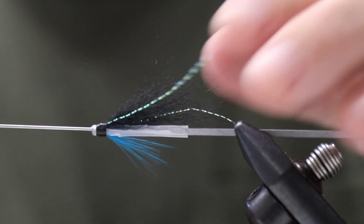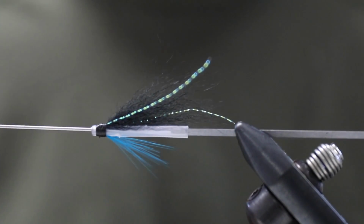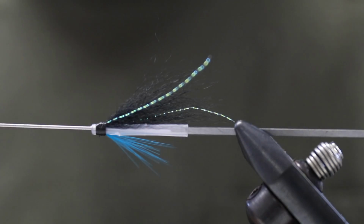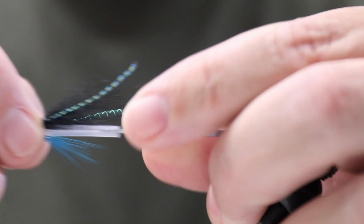You can't use fluorocarbon because fluorocarbon is too heavy, and fluorocarbon will drag this fly under the surface, and that is not the purpose. Anyways, I start out with the